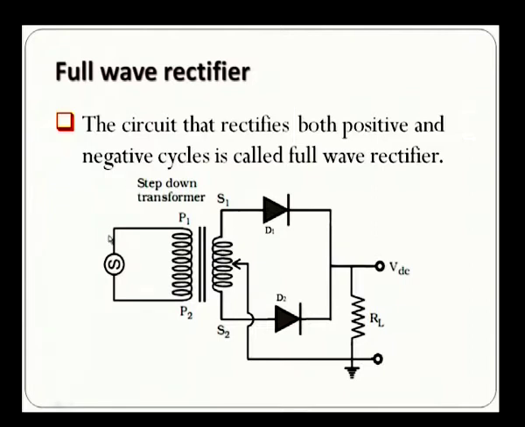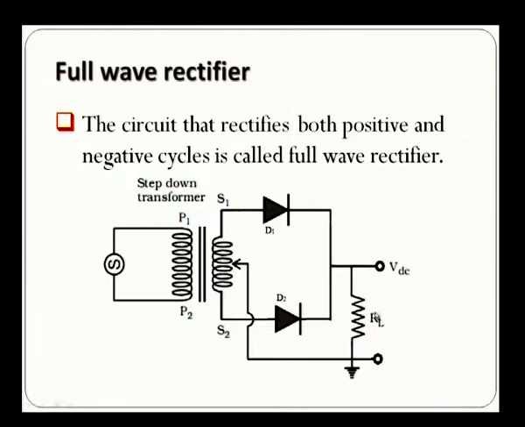When we look at the diagram, it is more or less the same as that of the half wave rectifier, except for a small modification that we need to do on the secondary coil connections. The terminal S2 in the previous case was directly connected to the ground, but in this case it is also connected to another diode D2. So, we have two diodes D1 and D2, and they are tied to one point, they are connected,